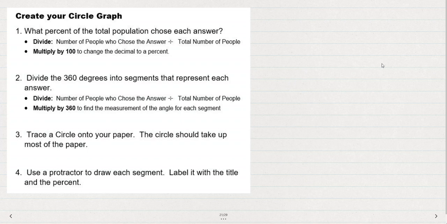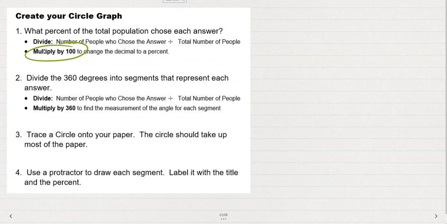To change that decimal, or to go from a fraction to a decimal and then to a percent, I will multiply by 100. Next, after I have those percents, I'm going to divide the 360 degrees into segments that